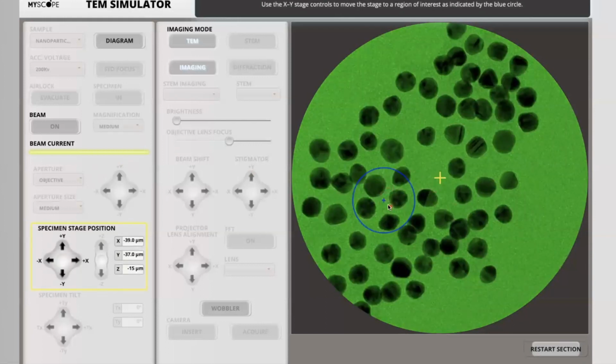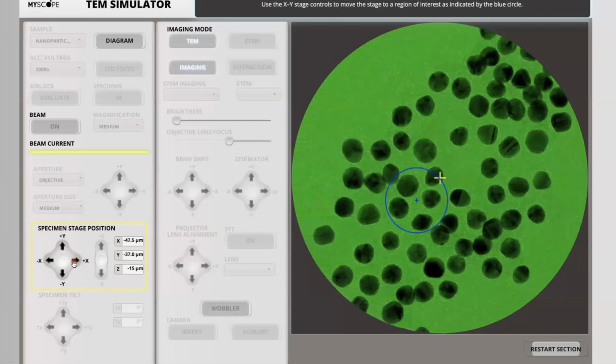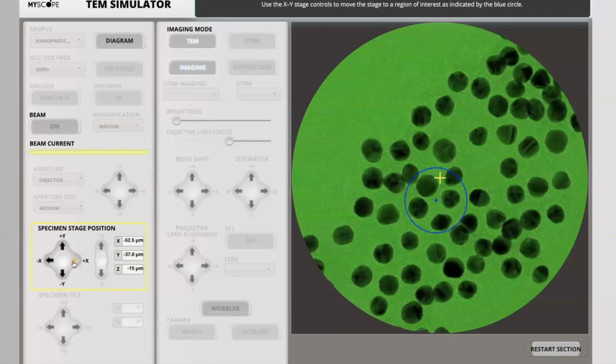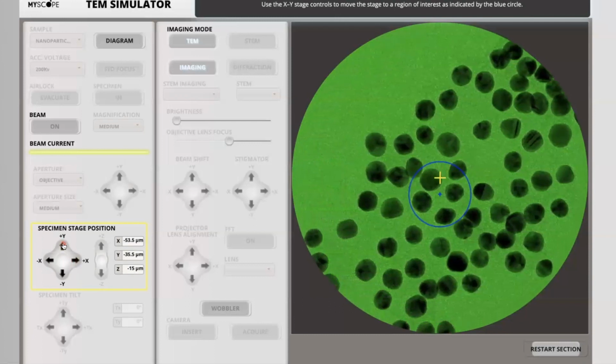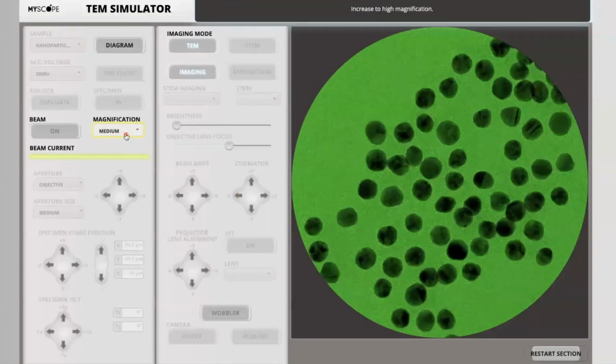Once again, we have to do the same. We see a circled area where we are interested to look and take an image. This cross here should match with the cross sign, which is the viewing area. So we move it by X and then go a bit in the Y direction. I think we are almost there. Yes. Now, if you are happy with this, you can take an image or you can continue for a